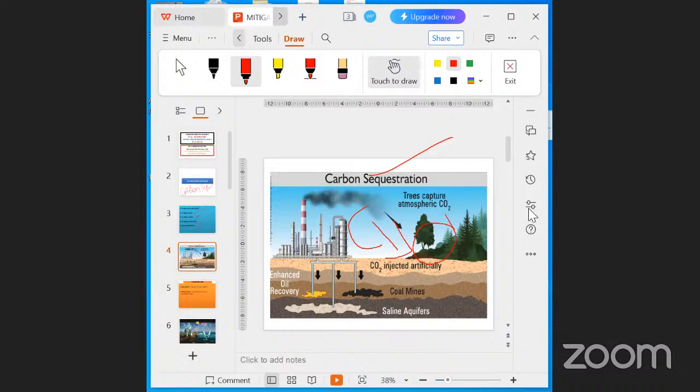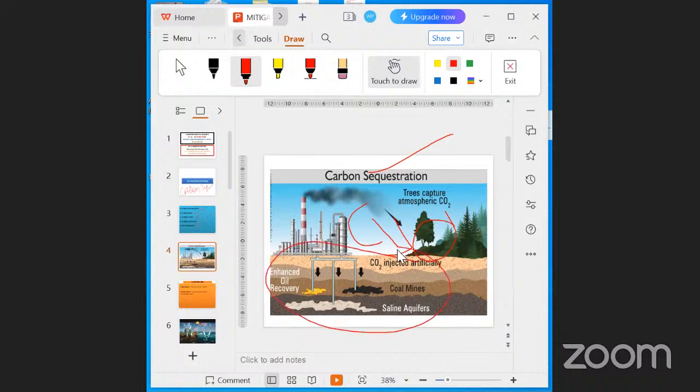Carbon sequestration, right? So it describes the technologies designed to tackle global warming by capturing carbon dioxide at power stations and also industrial sites or even directly from the air and permanently storing it underground. So the carbon sequestration describes long-term storage of carbon dioxide or other forms of carbon, right?